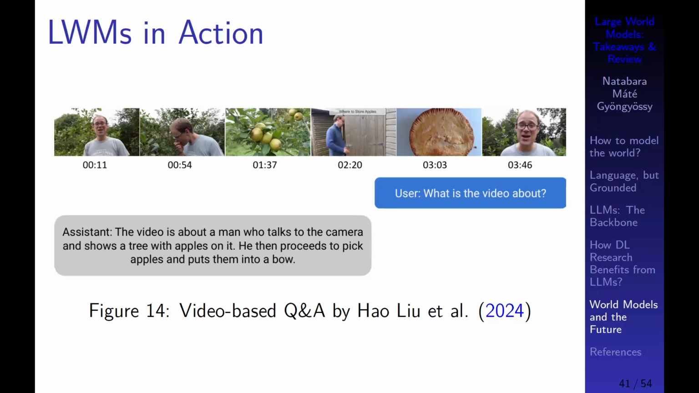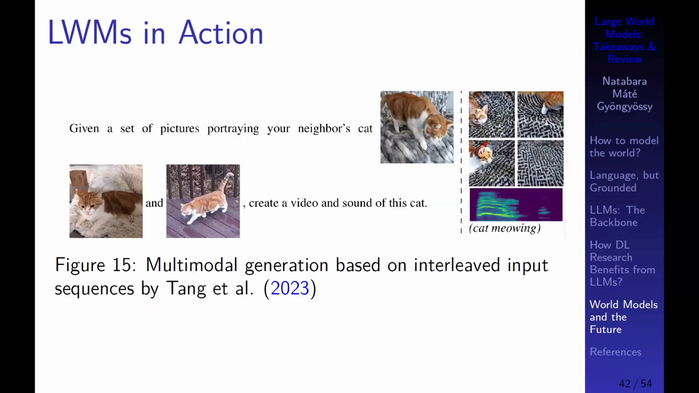Video, and then the language model will understand that, okay, now there's a man harvesting some apples, and that's already here. It will be on your Windows 12 computers, so we are not so far away from this getting into our everyday lives. And then it can also output some images and audio, maybe. So you can say that given a set of pictures portraying your neighbor's cat, here are some images, create a video and the sound of this cat, and then it will just create a series of images which can be